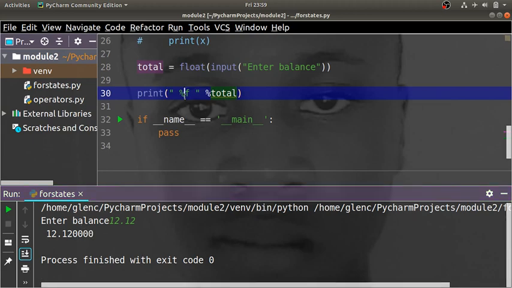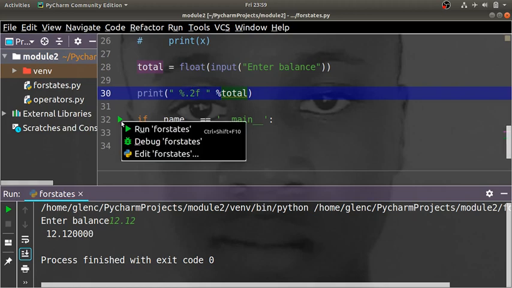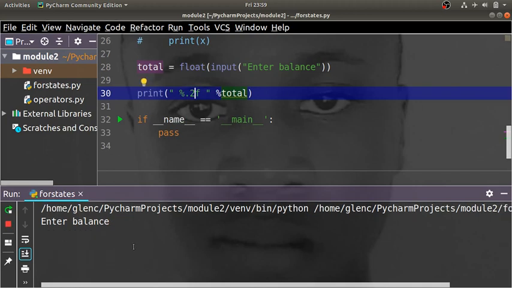So if you need perchance to specify the number of decimal places, that's where the dot operator and the 2 here is needed. So what we're saying now is we need 2 decimal places after the point. If you need 3, you're just gonna place 3. For now, we're just gonna need 2. So let's see what happens. We run our code again. We say